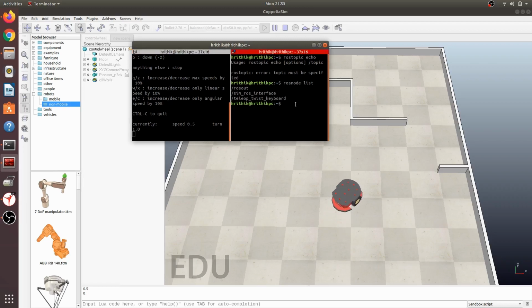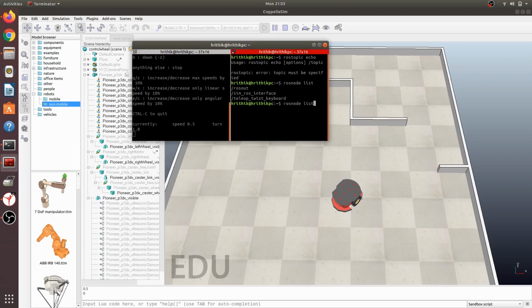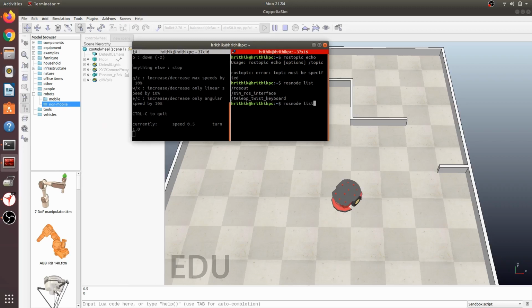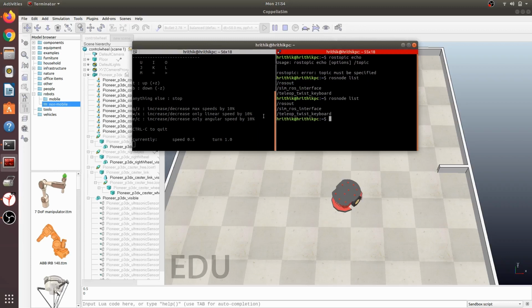While this is going on, let's run ROS node list and see how many nodes are running. As you see, these two nodes are running.